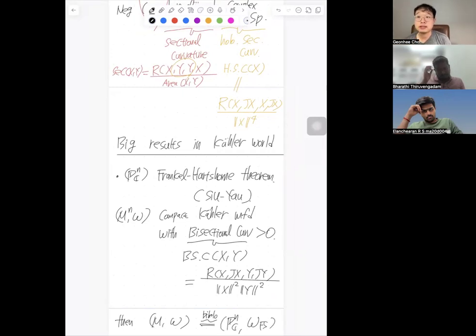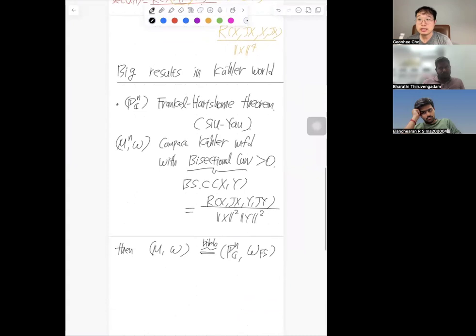So this gives a rigidity classification result, so that we can characterize the positive curvature case by only looking at the bisectional curvature positive condition. It does not even need to be constant. Actually, it's not possible to be non-constant for bisectional curvature for CPN with the Fubini-Study metric. So this gives the characterization of which Kähler manifold becomes CPN. So this case is done. And for the zero curvature case,